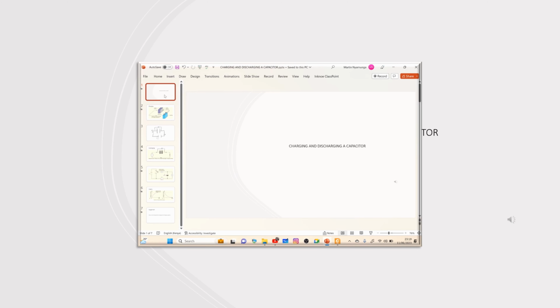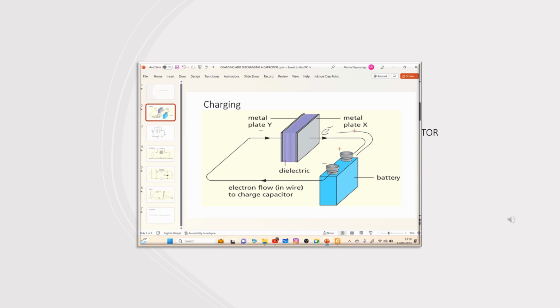Today, we look at the charging and discharging of a capacitor. To begin with, we define the term capacitor. A capacitor is a device that is used for storing charge. It is made of two plates. One plate is normally connected to the negative terminal of the battery, while the other plate to the positive terminal